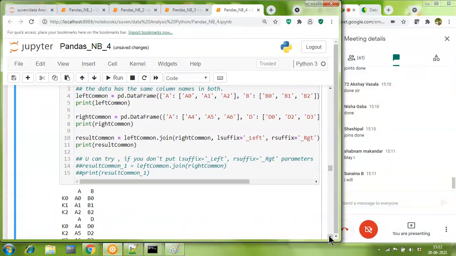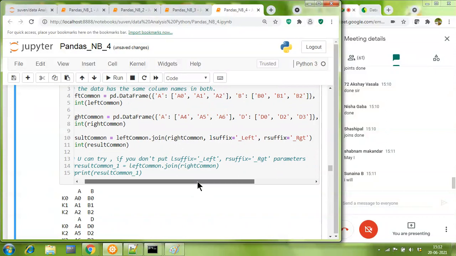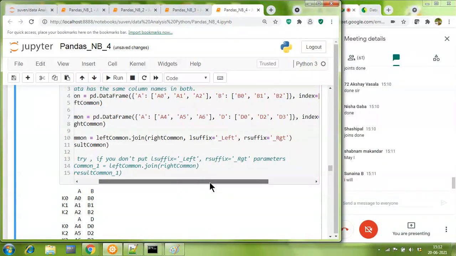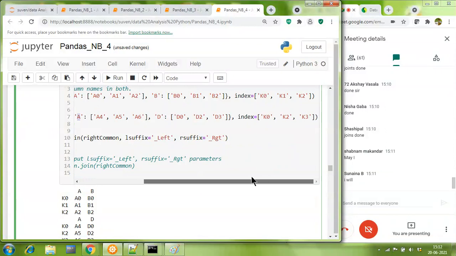So here the columns which we are having in our first data frame and the second data frame are different, but the one column is same but with a different data value, that is A. And the key values which we are having as index values, some of them are same, but the K1 is not present in the second and K3 is not present in the first one.